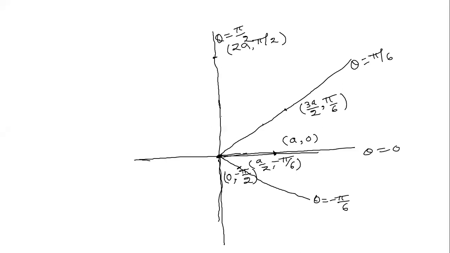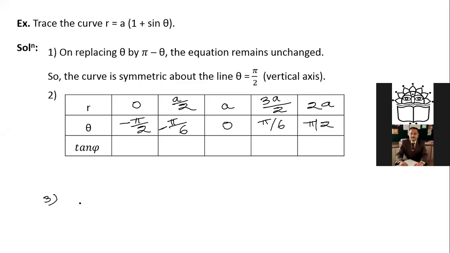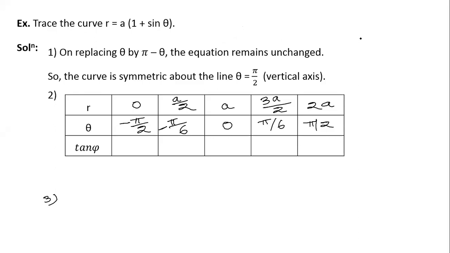As such, we have to join the points, but there will be some problem now. What is the nature of the tangent at that particular point? We may be confused on some occasions. For that, what should be done? One more thing to be done is that I have mentioned one property, that different values of theta for which r becomes 0 give tangents at the origin. So here r equal to 0. This will happen when sine of theta is equal to minus 1.